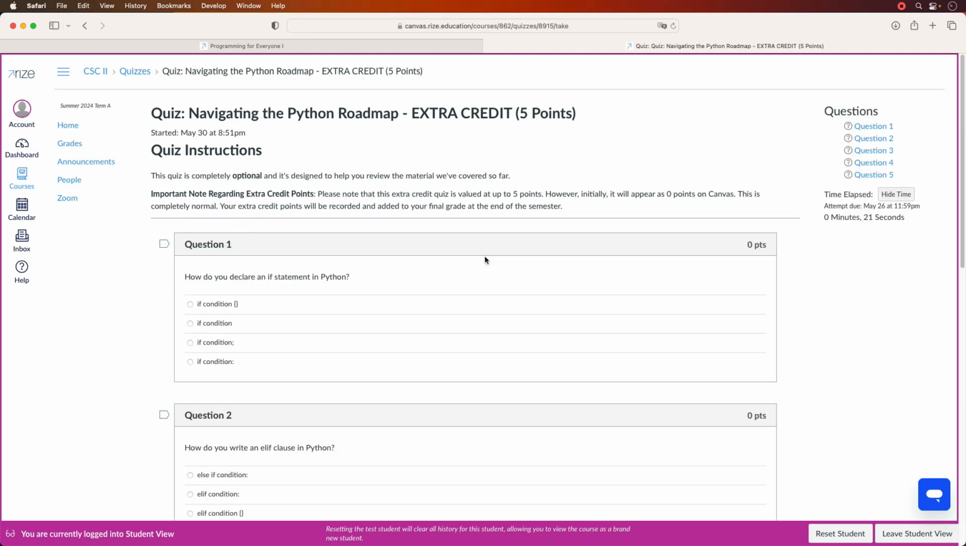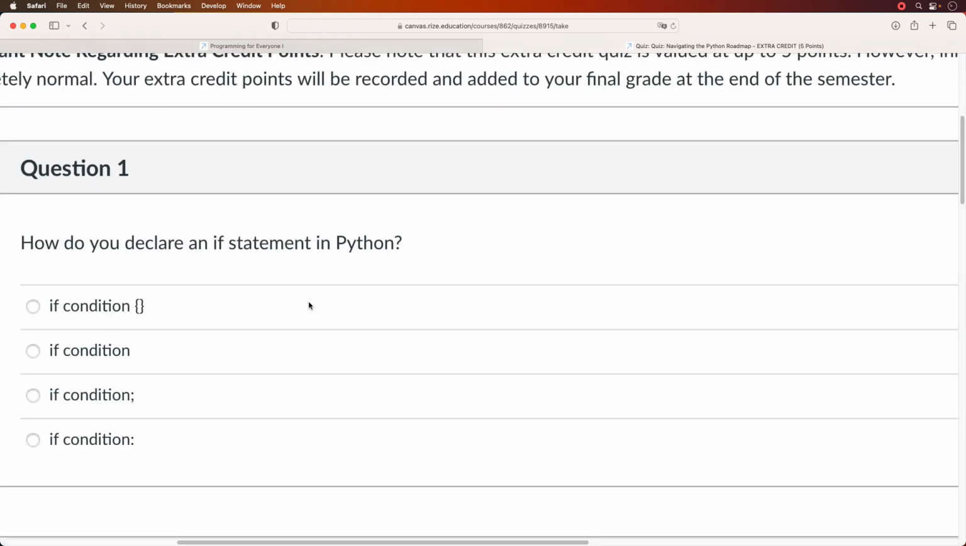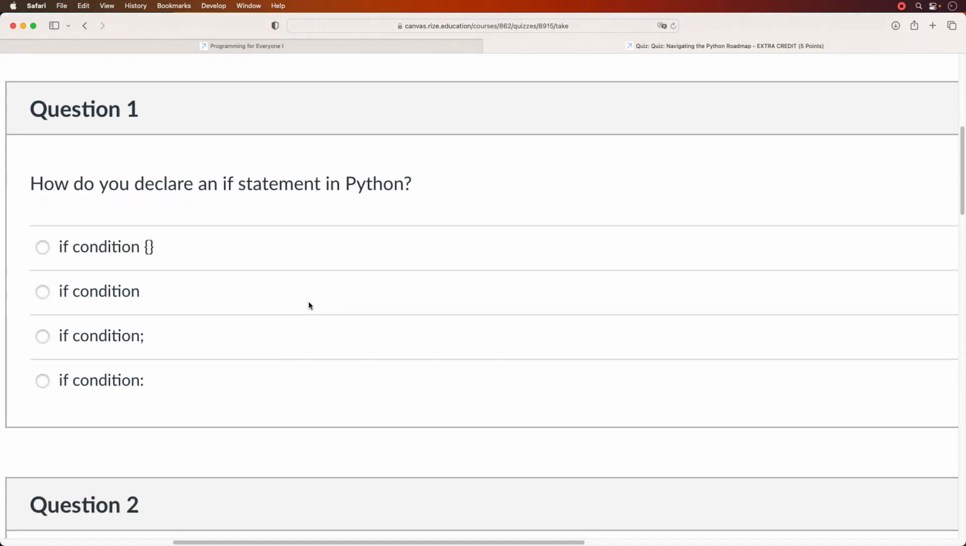Okay, so last week we talked about if statements, and here it says, how do you declare an if statement in Python? Actually, let me make this bigger. There we go. In Python, we don't use these braces when we're doing if statements, so this is not correct. If condition, well, it is if and it is condition, but we need something here at the end, so this is not right. We don't use semicolons, we do use colons. So the syntax for an if statement is the if keyword followed by a condition